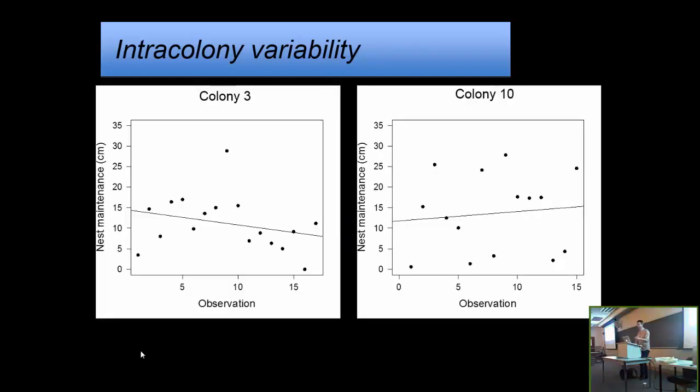And I'll get into that in a little bit more detail in just a moment, but first I want to show the results about whether there is intracolony variability in nest maintenance behavior, and have just 2 individual colonies shown here, and we can see, not quite to the extent that we see in those hermit crabs, but one individual here that fluctuates much less around its behavioral mean compared to another individual colony that fluctuates much more widely around that behavioral mean.